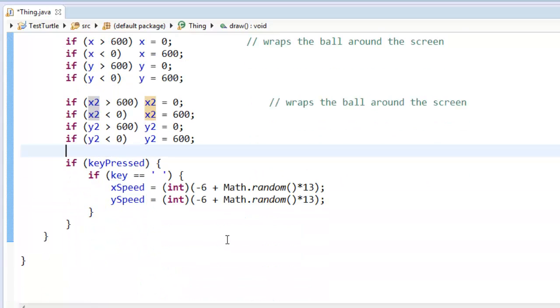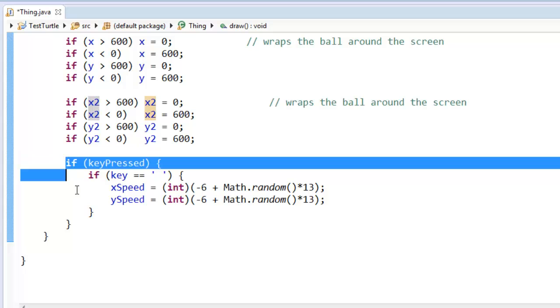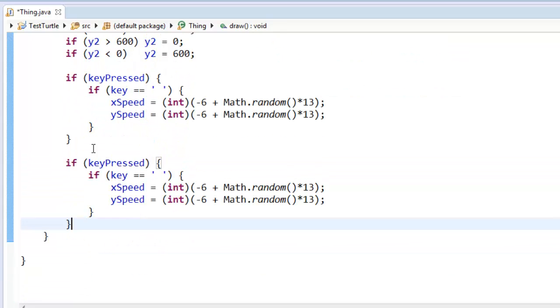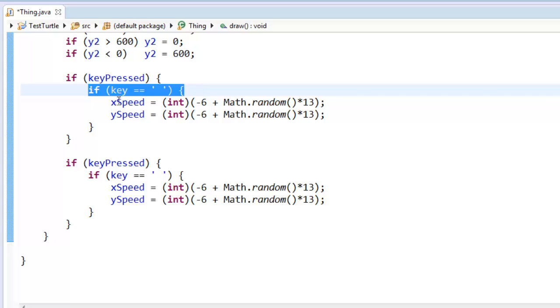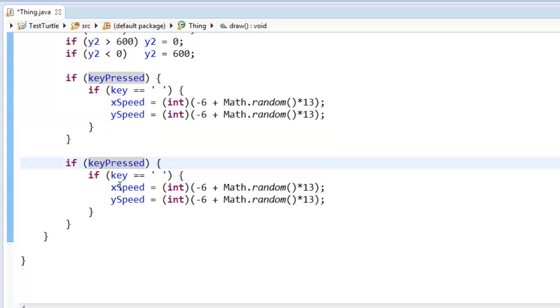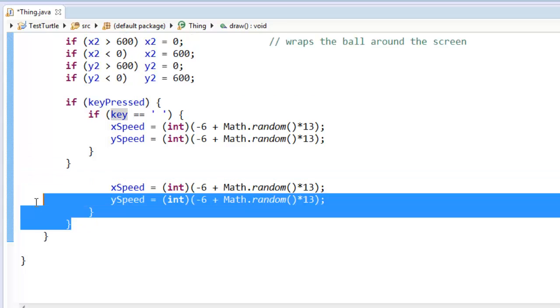And finally, when I hit key pressed, well, I don't need to copy all of this. This doesn't really make any sense because if I'm checking if key is pressed up here and I'm checking if it's the space key, I want everything that I want it to do when I press the space key to happen just inside this test. I don't want to have a separate test down here to see if I'm hitting space. So instead of having all of that,